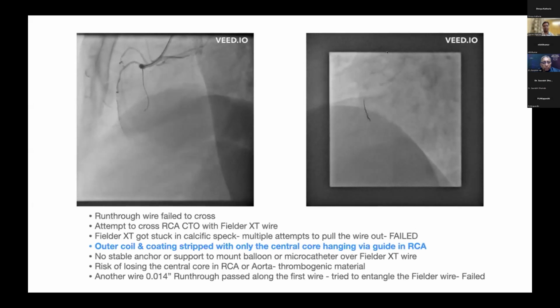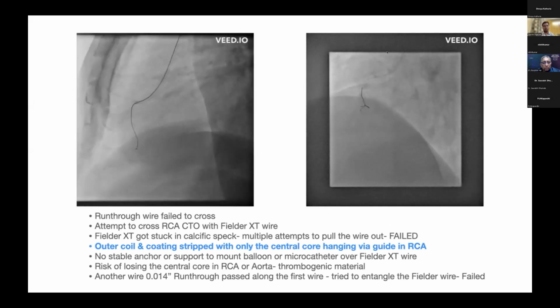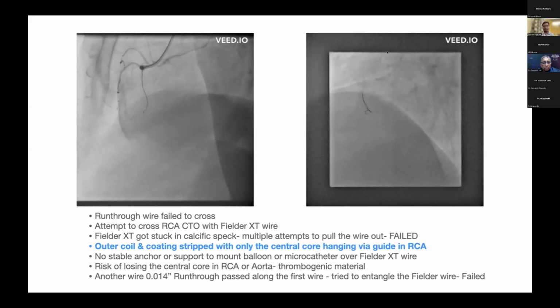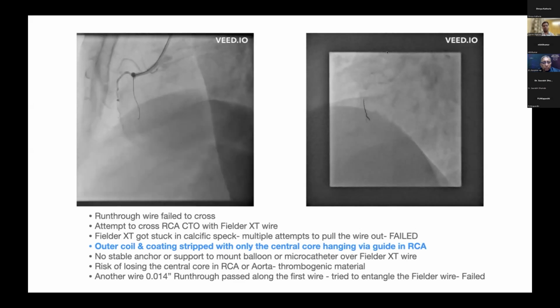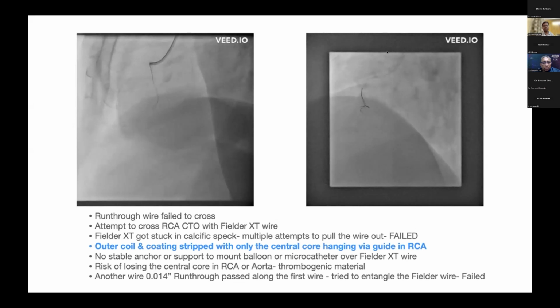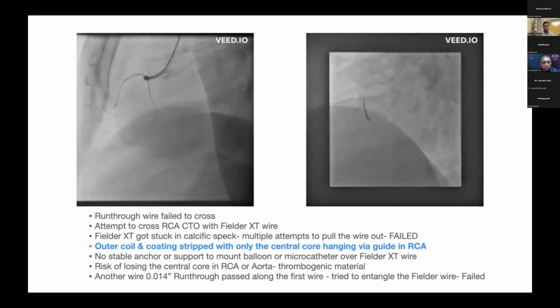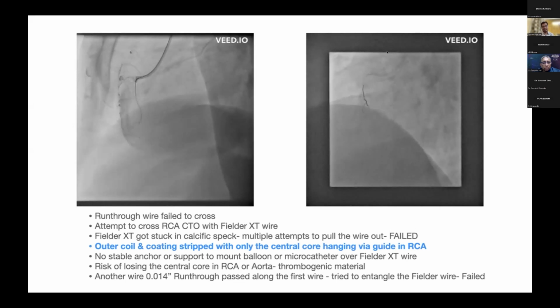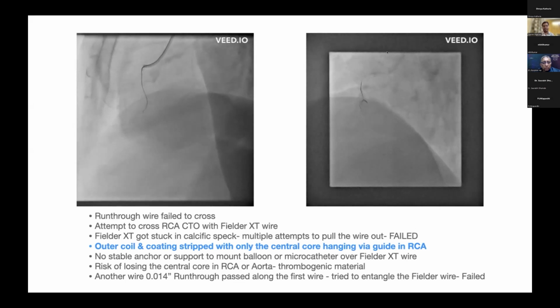We engaged the RCA with the JR6 French guide, and I just took a run through wire for the first attempt, which obviously failed to cross. Then I tried to cross the lesion with the Fielder XT wire, and as you can see, the Fielder XT wire, after multiple torques and manipulations, got stuck in some small branch within a calcific speck of the RCA, and